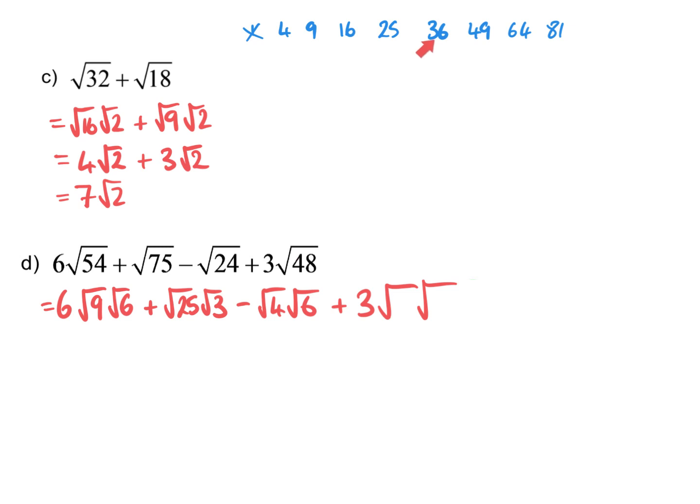Does that go into 48 exactly? No, no, yes. Okay, 16 times 3 is 48. So that's root 16 first, and then the 3 after it. And then what we're going to do is we're going to start at the beginning of that line again, and